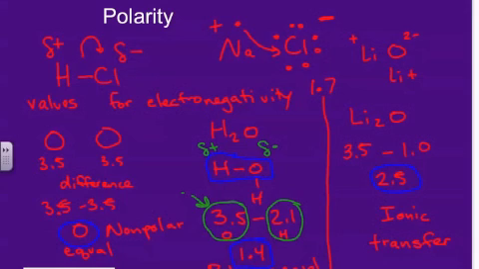So now that we know that there's this unequal distribution of charges and that we can also end up with partial positives and partial negatives, we also